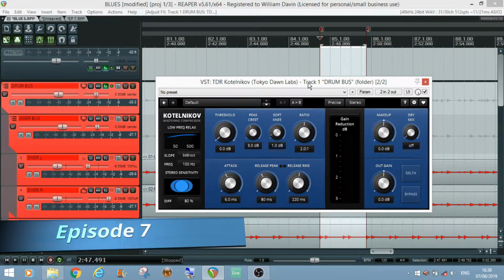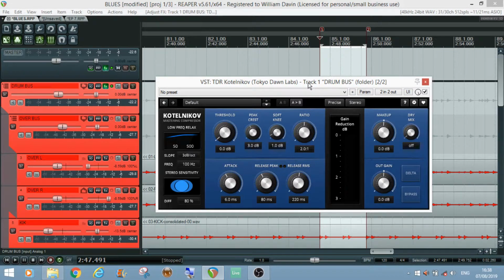So the subject of today's video is this really lovely sounding and very flexible compressor, and it is the Kotelnikov compressor. The Kotelnikov is touted as being a mastering compressor. So it is suited to dealing with complex stereo material, which of course then means it's also suitable for